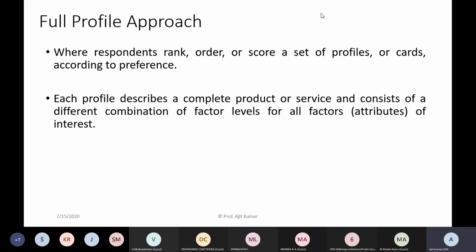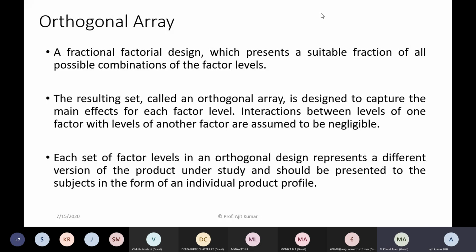So in SPSS, there is an approach called orthogonal array. So what it does, an orthogonal array,